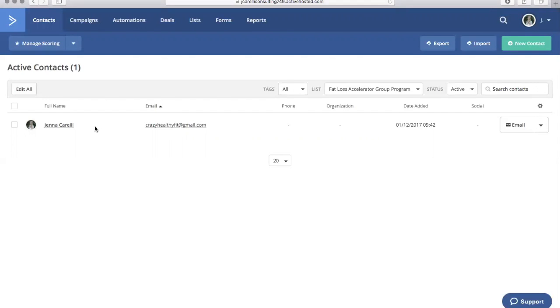And automation is really helpful because it's something that your business runs on its own and you don't have to manually go in and send emails every single time somebody opts into your newsletter list. It's already set there. So let me just show you what I'm talking about up here where my cursor is under automations. If we click on that,